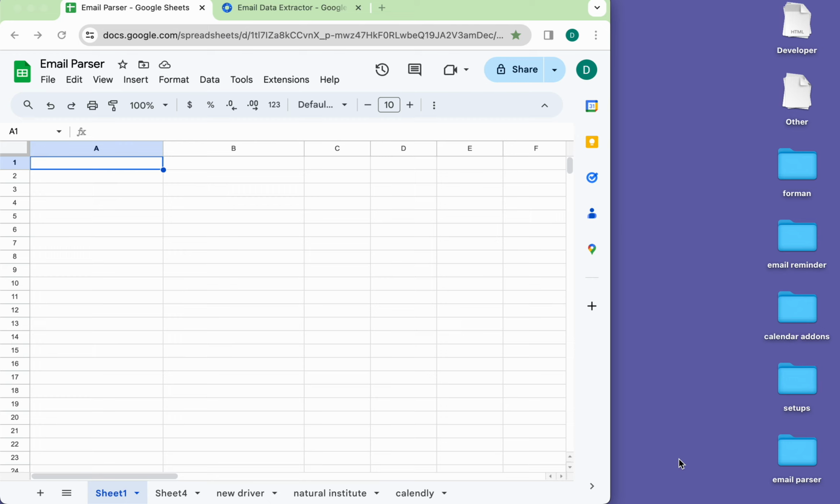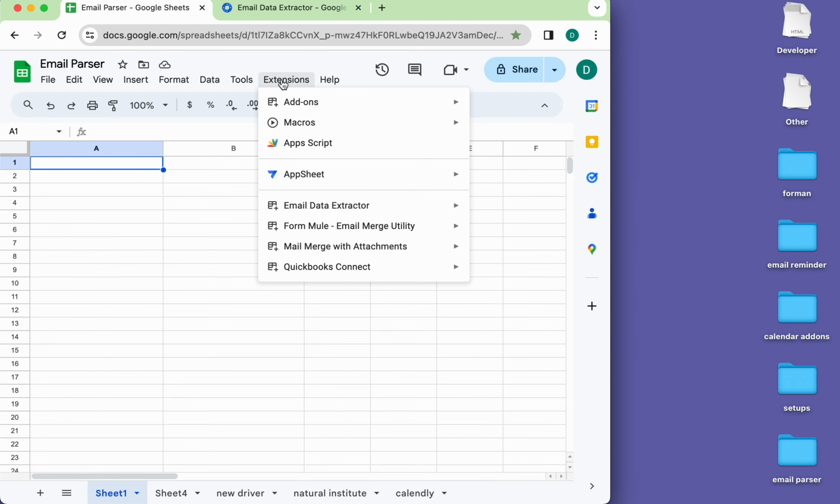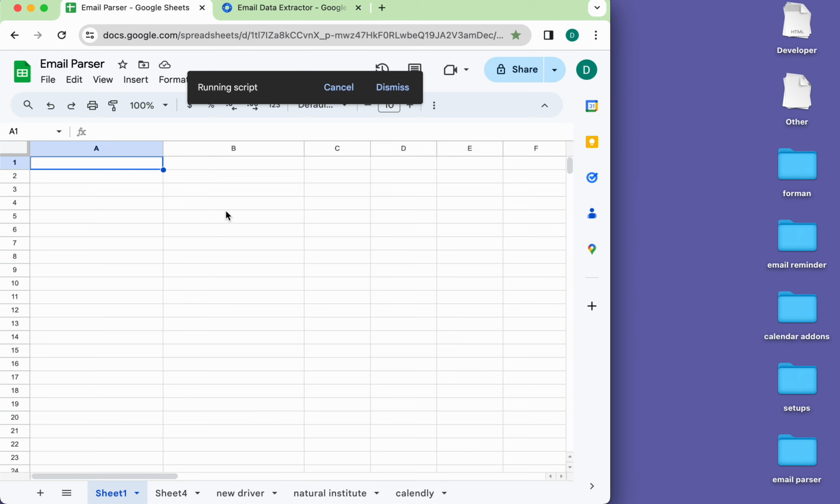Hey everyone, in this video I'm going to show you how to extract data from all of your emails in Gmail into Google Sheets. Now all you have to do is go to Google Workspace and download this add-on called Email Data Extractor. I already have it installed here, so I'll go here, open it,